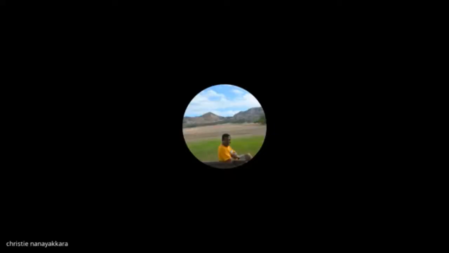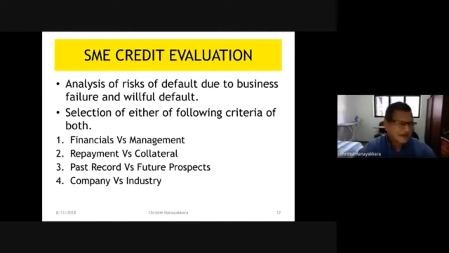Important. Company versus industry. Now this particular customer of yours has an entity. It can be a company, partnership, or a proprietorship, dealing in type of things pertaining to an industry. Now we'll say you have a customer, we'll say he's a manufacturer of brassware. Now brassware